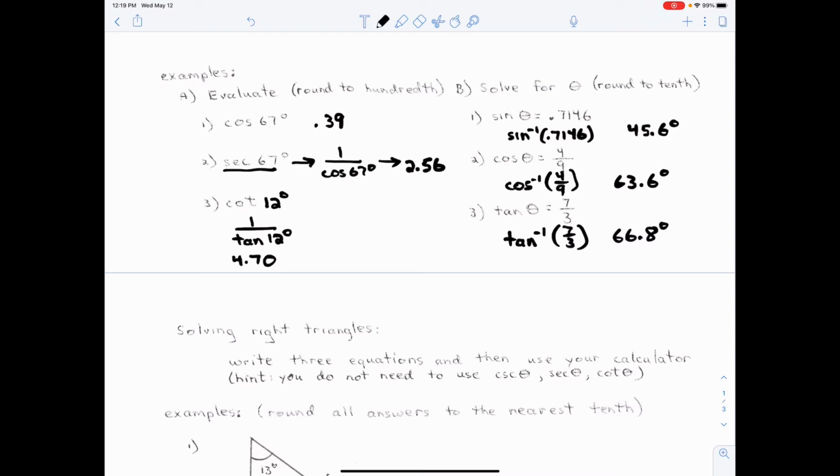Okay? So there's just sine and inverse sine. Sine, you're given the angle, you're trying to find the number. Inverse sine, you're given the number, you're trying to find the angle. It's really all it comes down to. Okay. Now,